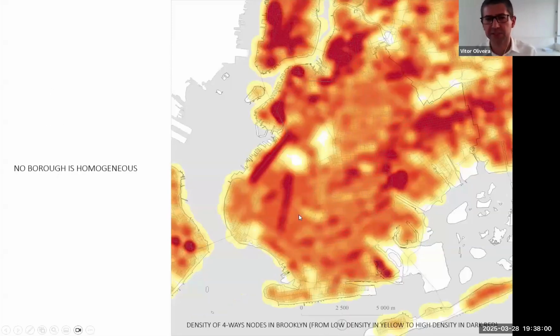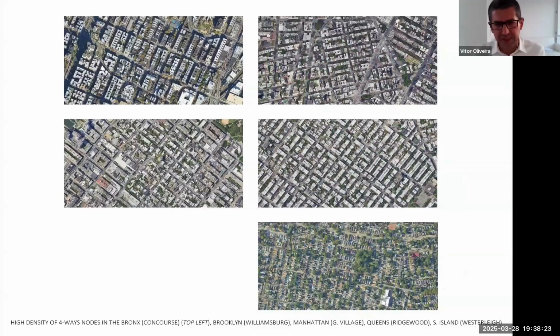But, of course, no borough is homogeneous. I told you that the average connectivity of Brooklyn is high, but if we look, it has different parts. It has some streets that are very well connected. It has other areas that are not so well connected. One important thing also when we analyze connectivity is that this can be given by different